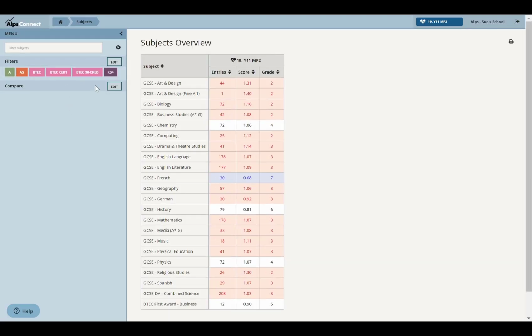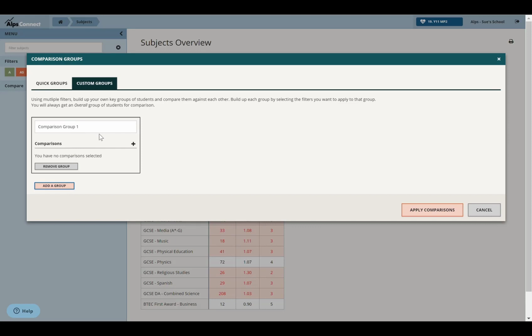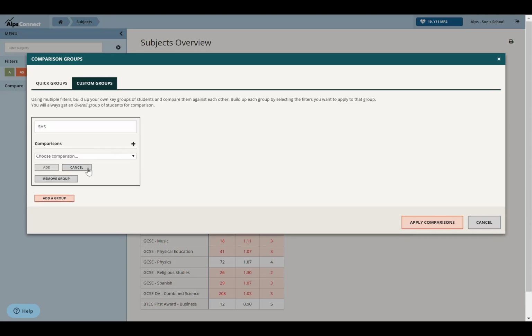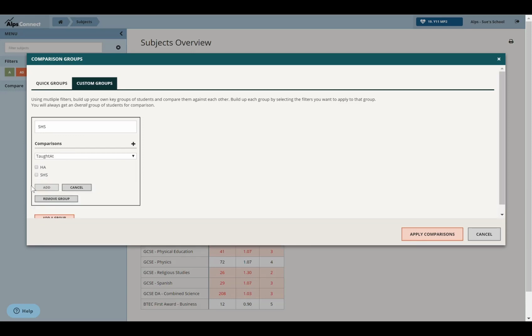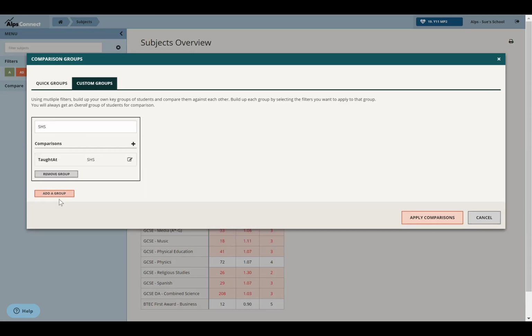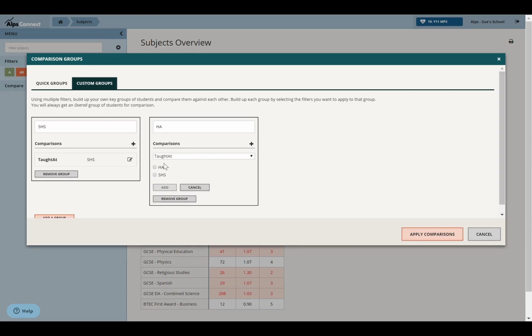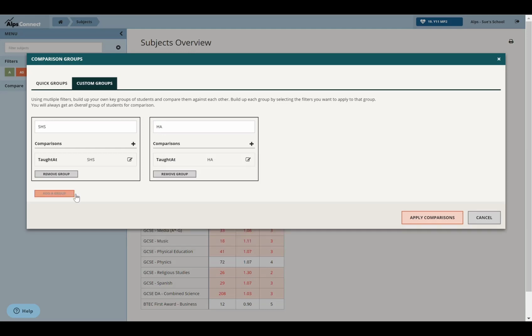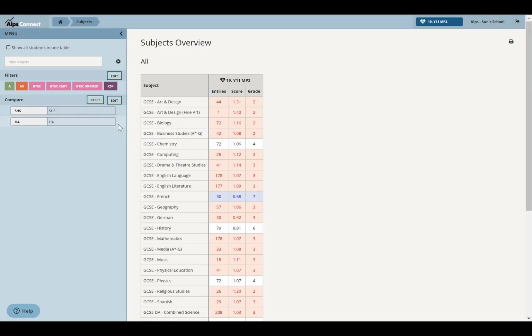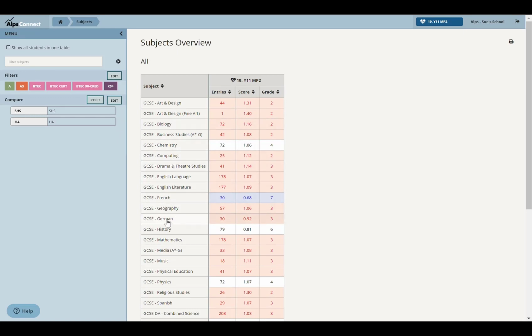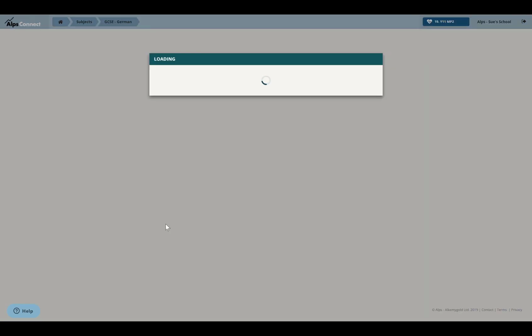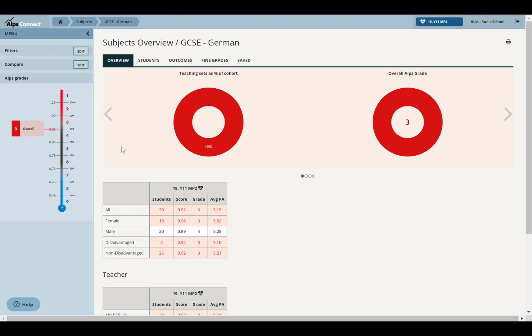Resetting that again, and last thing to show you is the same thing again, but this time I'm not going to put the enrolled at, I'm going to put the taught at SHS and the taught at HA. Now this is where you might have the same subject happening across 2 sites, or your students might be doing different subjects at different sites. Okay, so I'm going to apply that comparison, but I know that I've only set this up for German, so I'm going to go into the German subject page and show you,